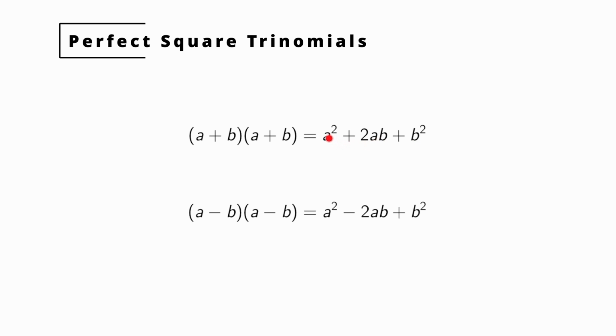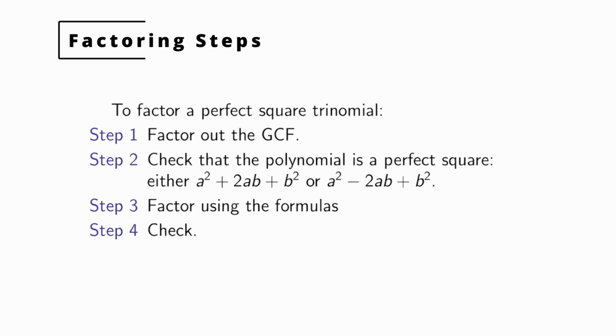So it's the first term squared, the second term squared, and then you'll also have twice the product of each term. And if you replace a plus b with a minus b, you end up with much the same thing. You get an a squared, b squared, and then negative 2 times the product of the two terms here. Okay. Now, factoring, when you're given something like this, factoring it back into this is really just a matter of knowing the formulas. Okay, let's check the steps to factor a perfect square trinomial.